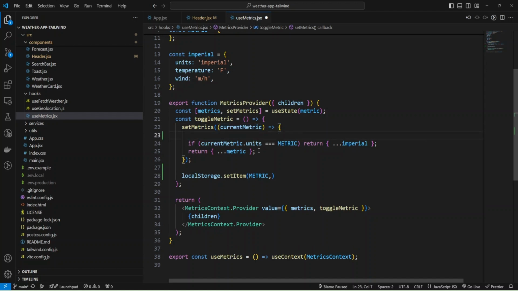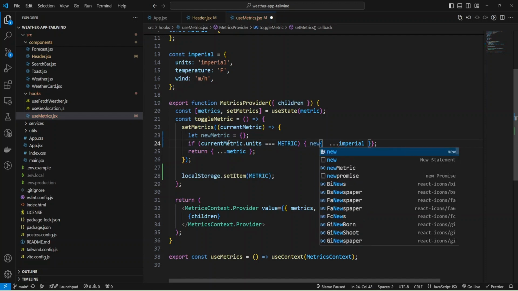Let me add a new variable, newMetric, and initially it will be an empty object. Now I can refactor my if, and here I'll not return imperial, but I will assign, and I need brackets here. Okay, and I'll assign new metric